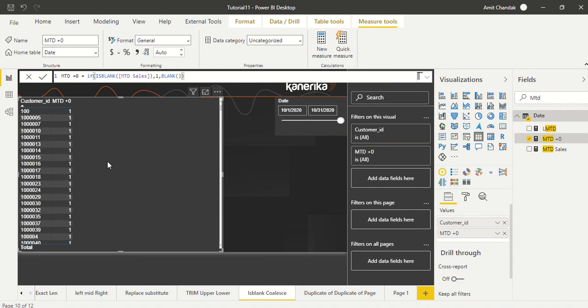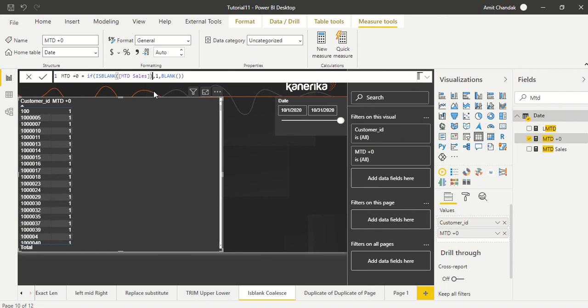The other use case for this is customer retention, where you can ask, am I able to retain my customer who came in this duration but did not come this month? They came last month but did not come this month. So we can say LMTD should not be blank, but MTD is blank.